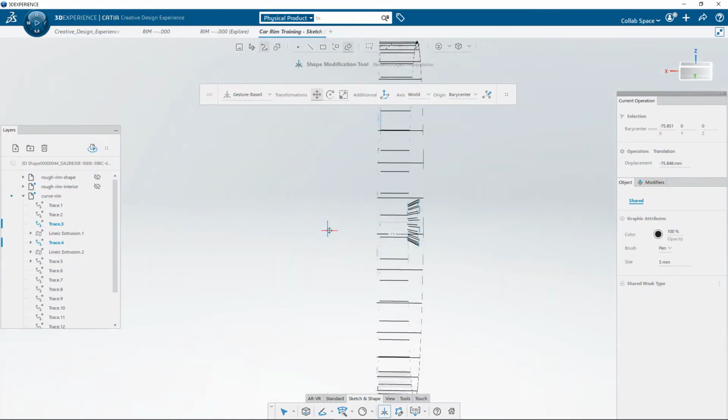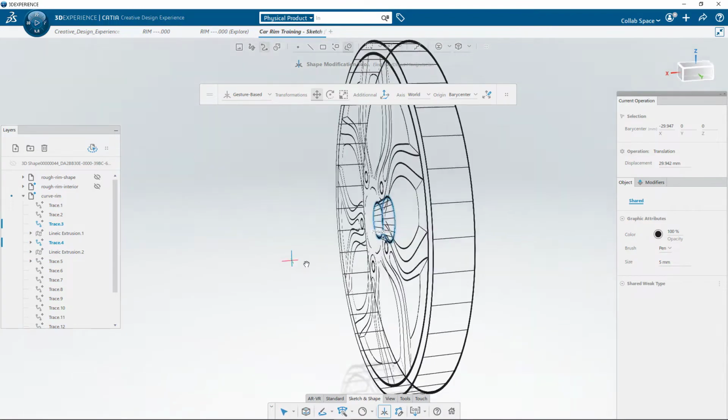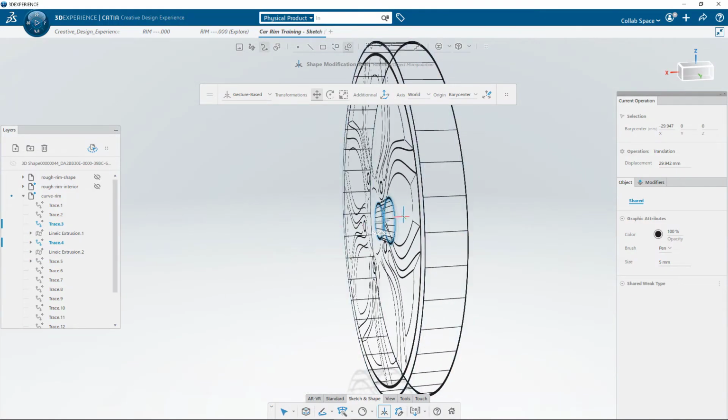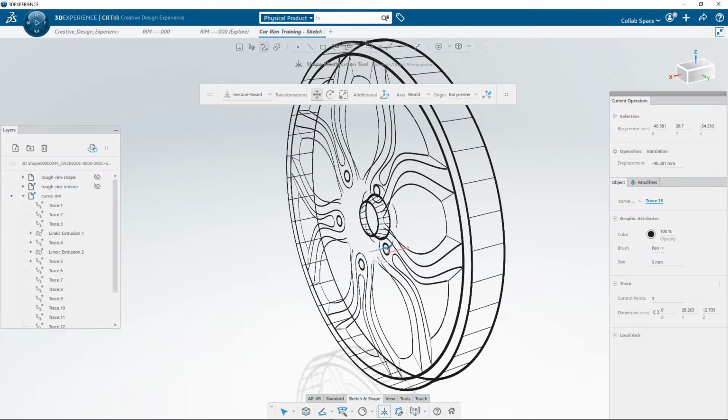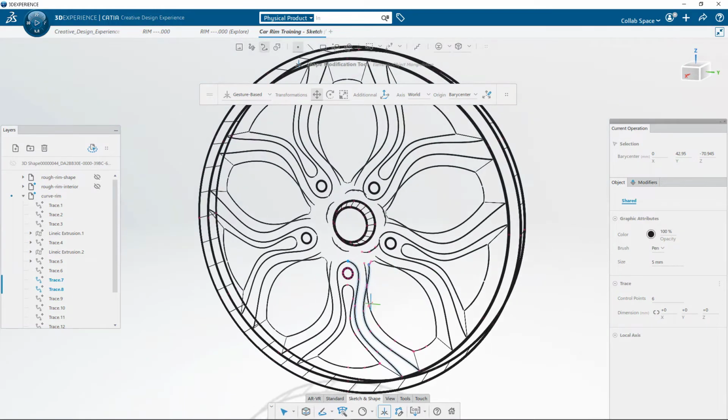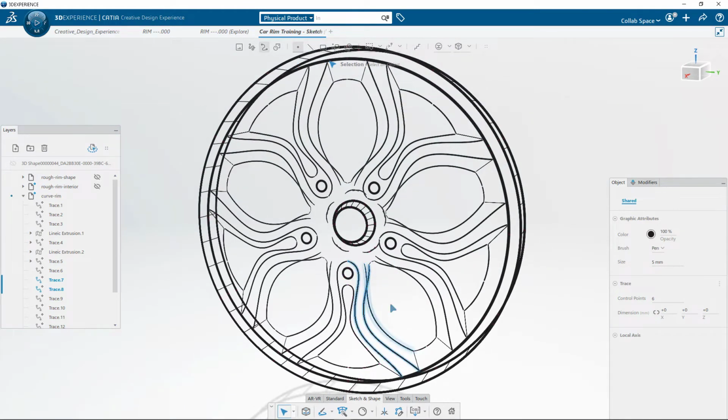With translation mode, I simply move the group of curves on X direction with the gesture-based robot and change the point of view to see where they end up. I can readjust its position in space compared to the rest of the sketch easily. For the rim stick, I first want to isolate two curves for easier edition. So I select both curves with the selection command and launch again the transform command.